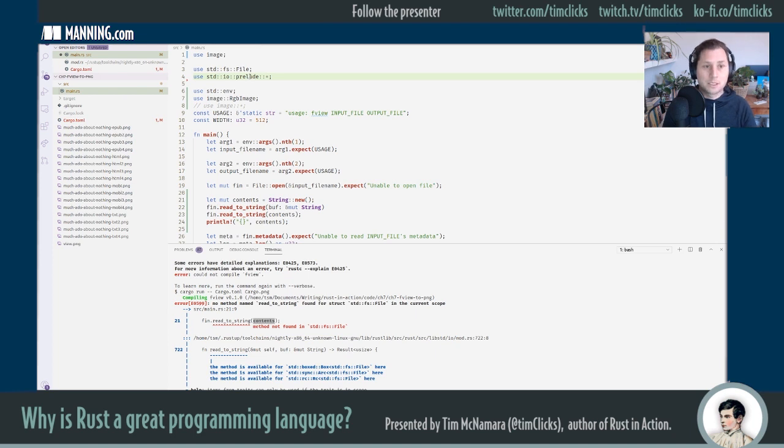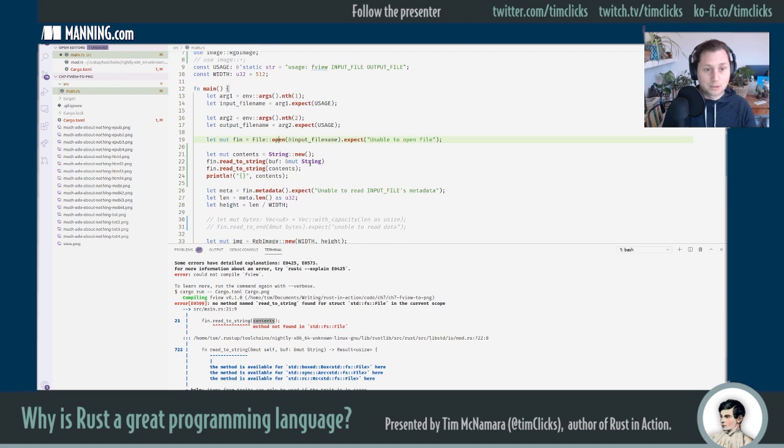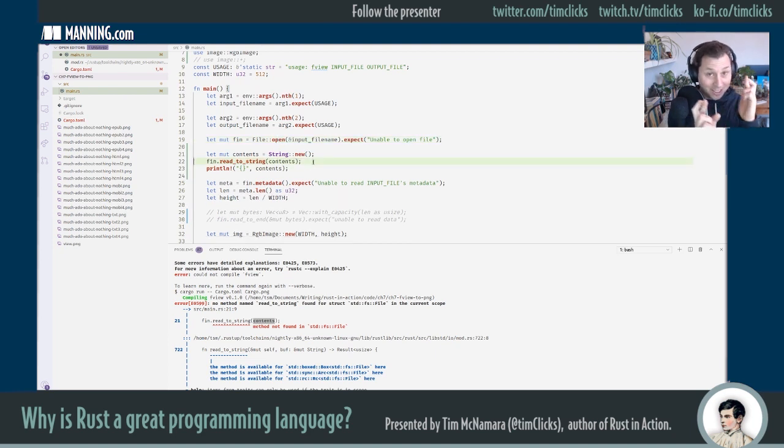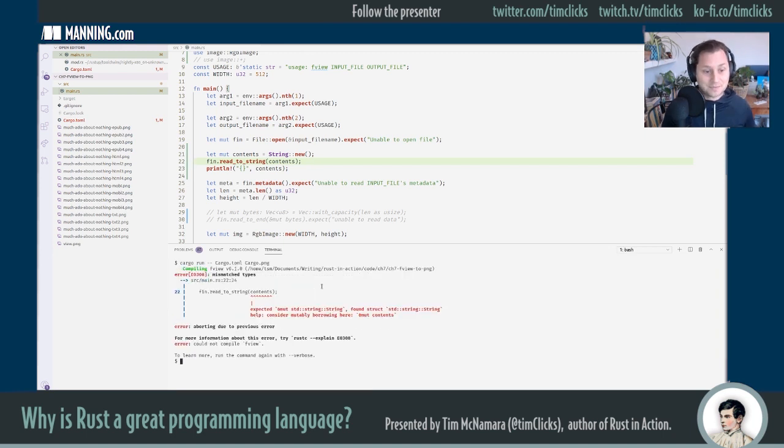So we can go and dig into what that prelude actually is, but it provides a bunch of helper methods, including, fingers crossed, sorry for tapping the mic, fingers crossed it includes the read to string. Oh, it does. Great. Okay, so now I get another error message. And this one's actually very helpful. It's saying, actually, look, mate, Tim, come on, Tim. You've given me the right type, but I don't have the right access. I don't need ownership over it. I need a mutable, a read-write